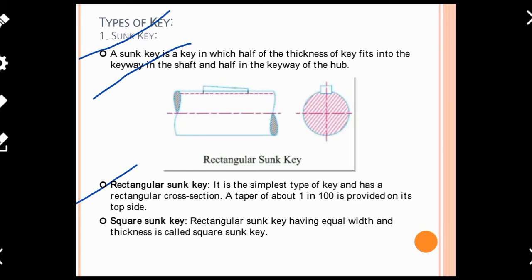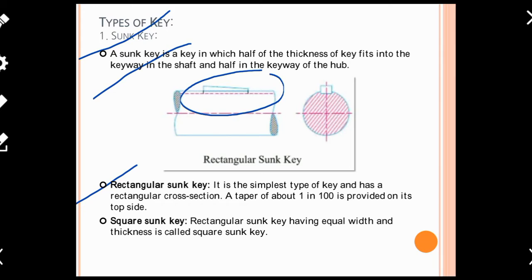One more thing that you should know about the rectangular sunk key is that, look at the figure. Look especially at the top horizontal surface of the key, it will look like a taper. So in case of the rectangular sunk key, a taper is provided on the top surface of the key, and the taper measurement is nearly 1 in 100. That means if the length of the top surface of the rectangular sunk key is 100 mm, then you will find there is a 1 mm elevational height difference between the ends of the top surface of the key. So this is what a rectangular key is.